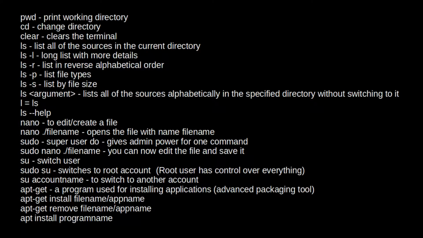Here I have some basic commands. I'm not going to show them in terminal, but I'm just going to mention them so that you know on some basic level what is going on when you are copy pasting command lines in the terminal. pwd means print working directory, cd means change directory, clear clears the terminal of all text,